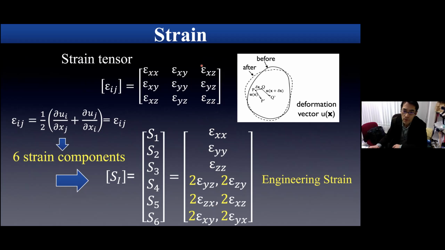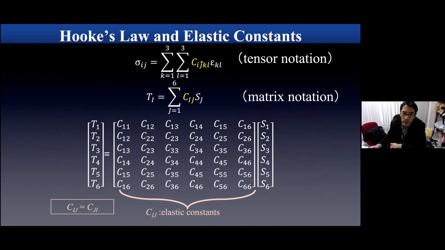But in the case of S4, we need the factor 2, which must be multiplied to the non-diagonal component. I'll explain that. Anyway, when we apply an external force to the material and stress appears, then deformation occurs, and usually